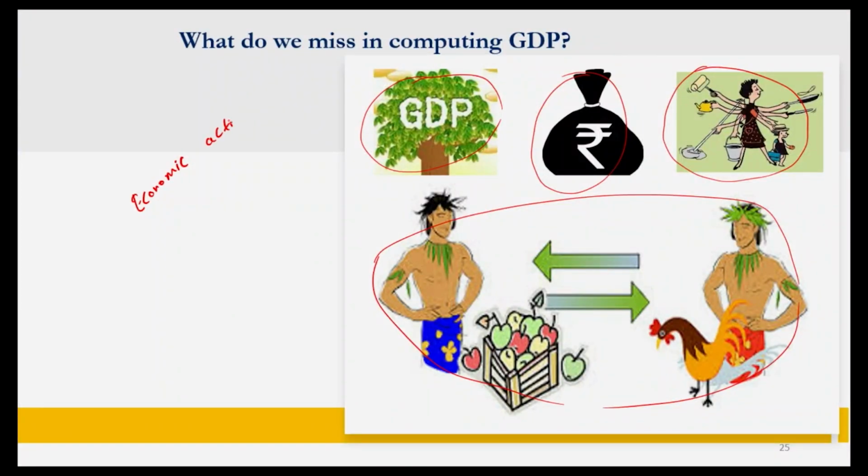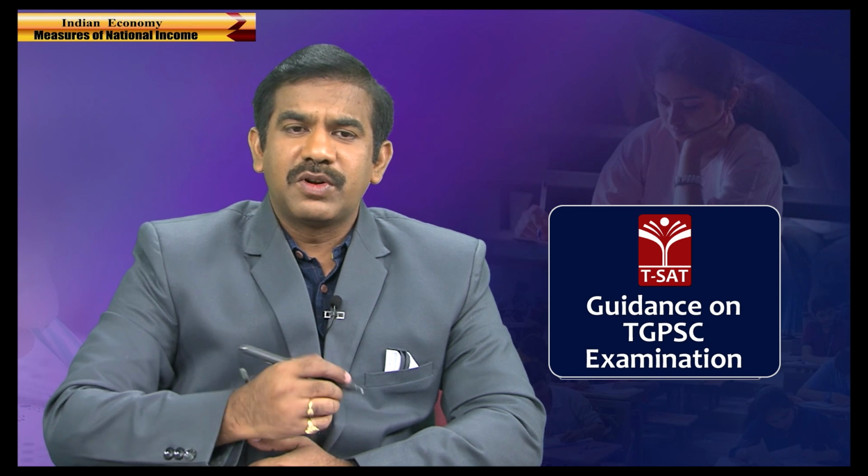I think you understand the difference between an economic activity and a social activity. Anything that has a value and a price attached can only be called an economic activity. Let's say if you volunteer to clean the roads of Hyderabad, it is a social activity. But if a municipal worker does the same in return for a certain amount of money, it is an economic activity. So only economic activity which has some price attached can be accounted as part of GDP. There are many activities which cannot be accounted as part of our GDP, and that's what I have listed here.